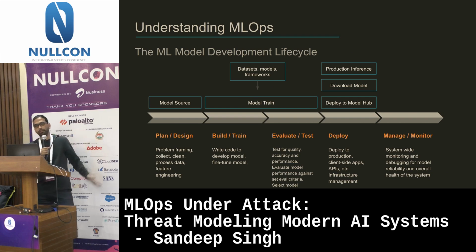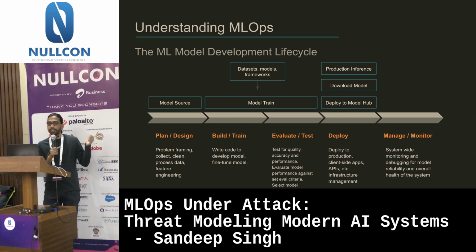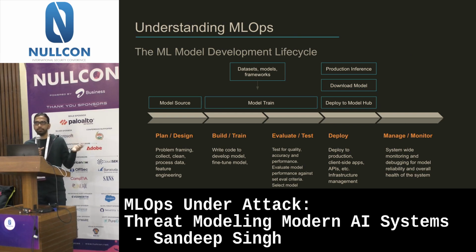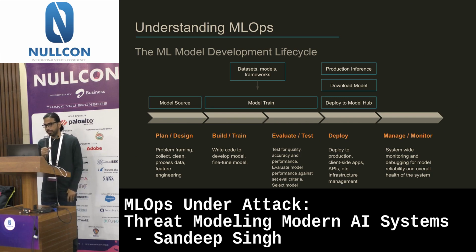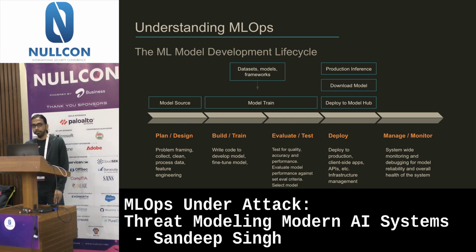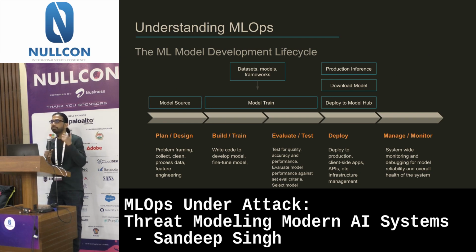So let's look at this whole ML model development lifecycle in a slightly different way. If you want to understand it in a much more practical way, you'll have a model source. The model source will basically be the data. You'll train the model based on that data, and the datasets, the frameworks, the models, all the third-party libraries, everything will come into the training. Then you'll deploy it to a model hub. Again, MLflow is one example. Model Hub would be sort of like a Google Drive, a shared drive where you have different versions of the models that you've trained, and you can download any of them to put in production. So you don't have to put all models in production. This is how it looks.